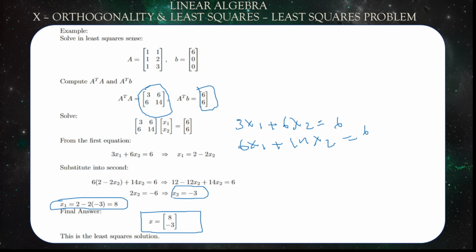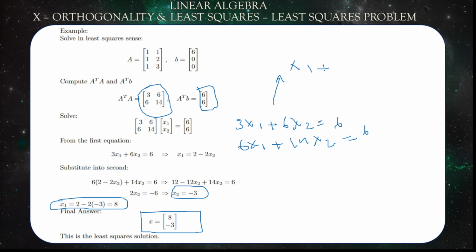So you place A^T A on the left, multiplied by an unknown vector for which we need to find the argument, given by x1, x2 in this case because we're talking about a 2 by 2 size, equal to A^T B, which is the constant part of the system. So 6, 6: you get 3x1 plus 6x2 equals 6. That's the first equation. We can factor out 3. If we divide the entire equation by 3, you get